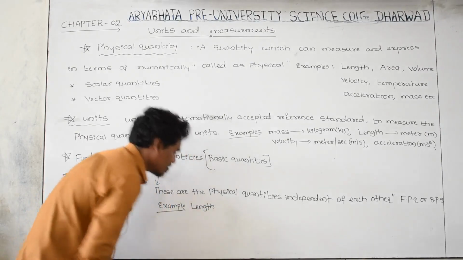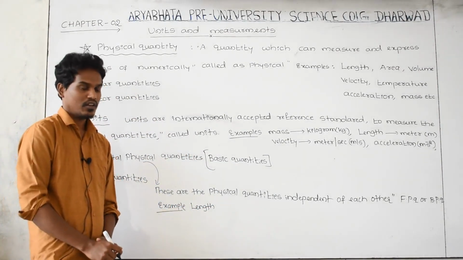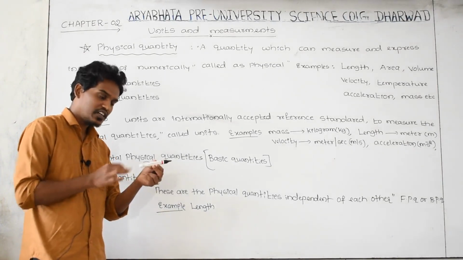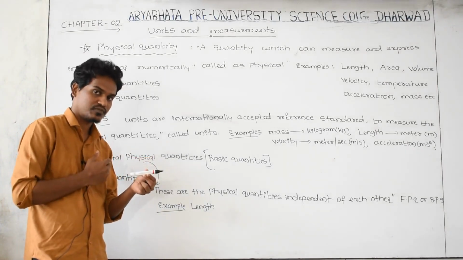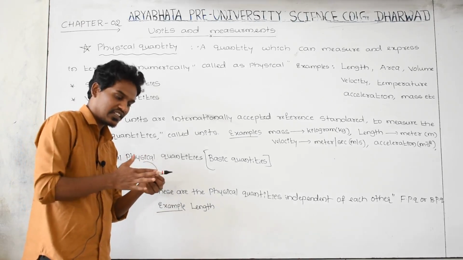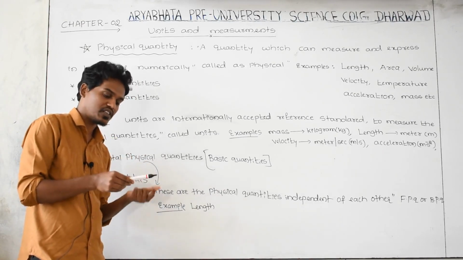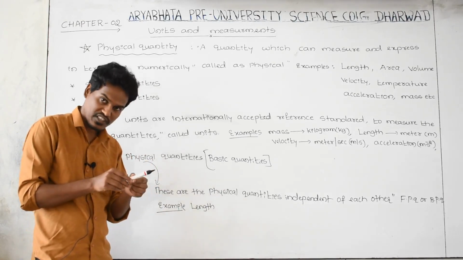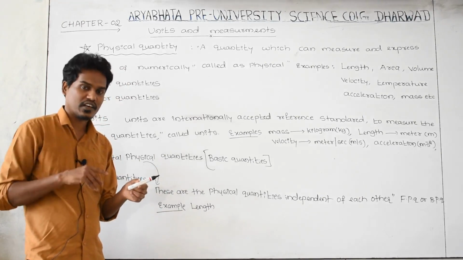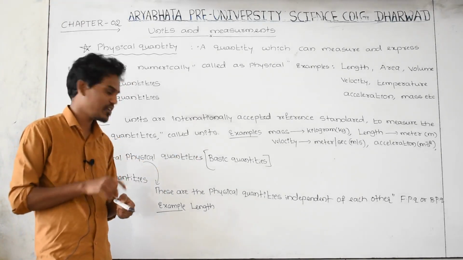And length is the quantity which is not depending upon some other quantity. For example, it is a marker, and its length is to be measured. In order to measure its length, I measure the length directly. Do I have to measure the area, the thickness, or the temperature? No, not at all required. Directly you have to measure the length of this object. Yes, directly we can measure its length.